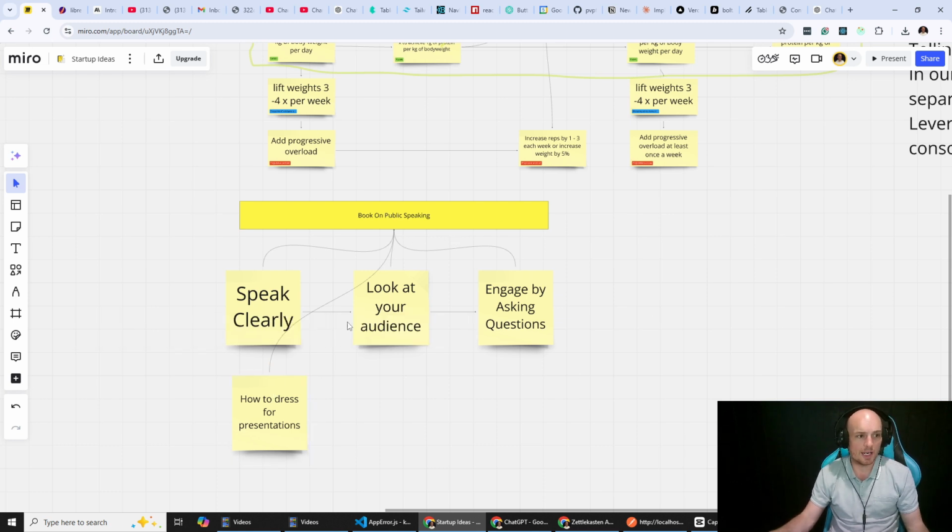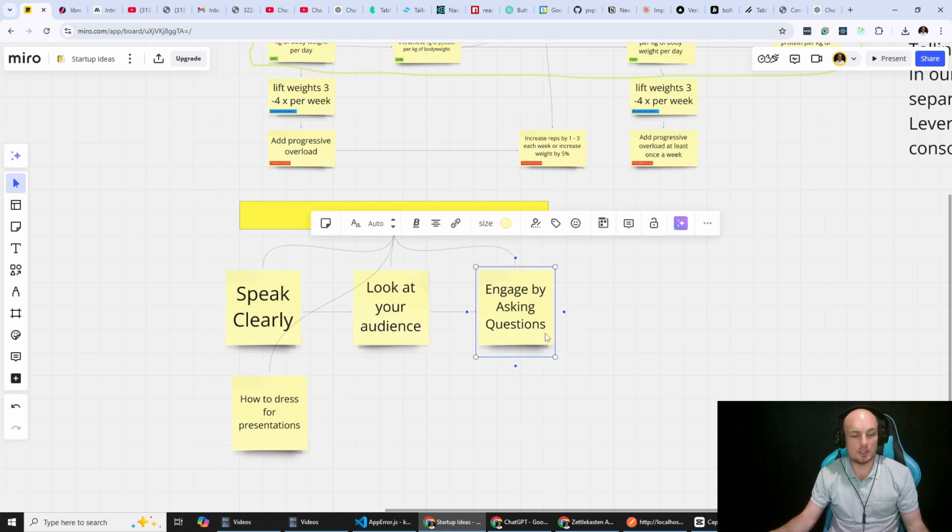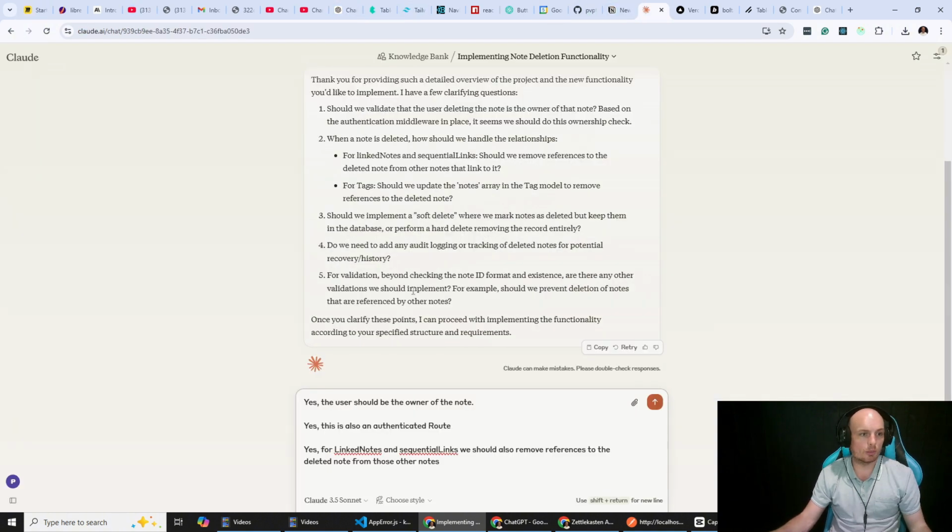And then of course you can tag them, so this one might be tagged with asking questions or something like that as well, so that it comes up for other things that are tagged similarly across multiple sources. Anyway, long-winded thing, we're getting away from it. For tags, yes, in the tag array, tag model, we